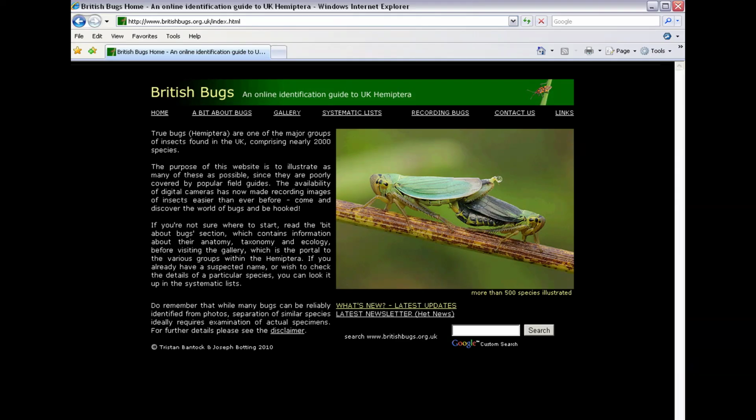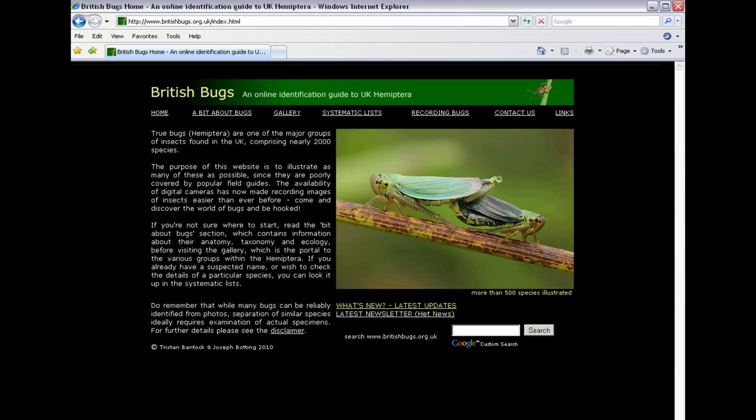A lot of you will know about the British Bugs website, run by Tristan Bantock and Joe Botting. Fabulous resource of colour photos of lots and lots of species. It's only fair to say that it's not comprehensive, in the sense that it doesn't cover every single species that you could find. But it's a very, very useful resource because after you've worked through a conventional key and come to some sort of conclusion as to what species it is you're looking at, it's reassuring to be able to pull up that species on this website and check